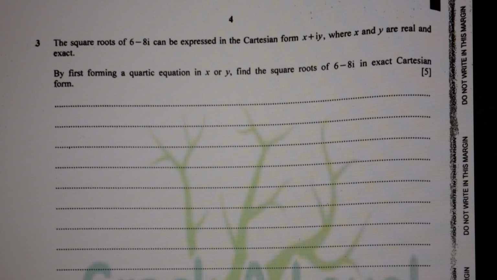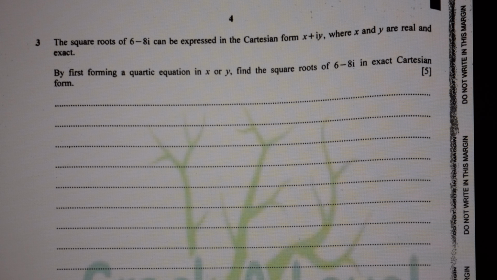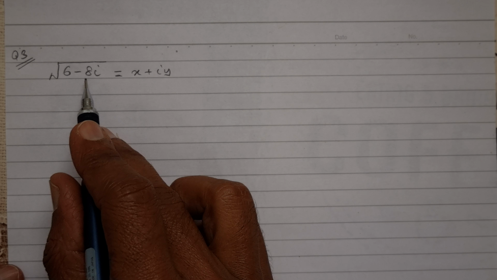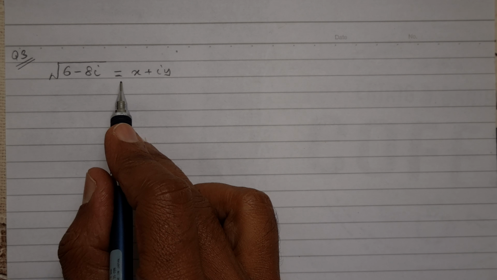Question number 3. The square roots of 6 minus 8i can be expressed in the Cartesian form x plus iy, where x and y are real and exact. By first forming a quartic equation in x or y, find the square roots of 6 minus 8i in exact Cartesian form. 5 marks. So to find the square root of 6 minus 8i, we're going to equate it to